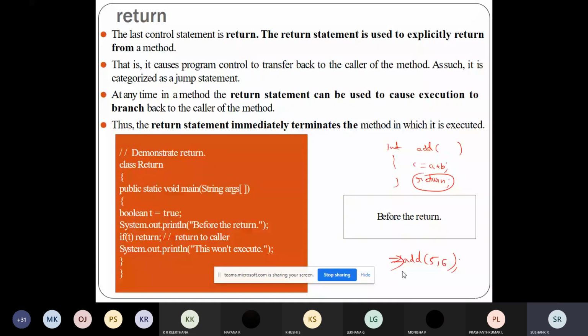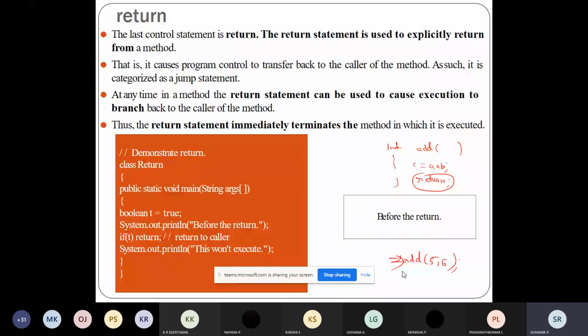So return is used to come out of the method, to terminate the method and transfer the control to the caller of the method. This is how the return statement works.